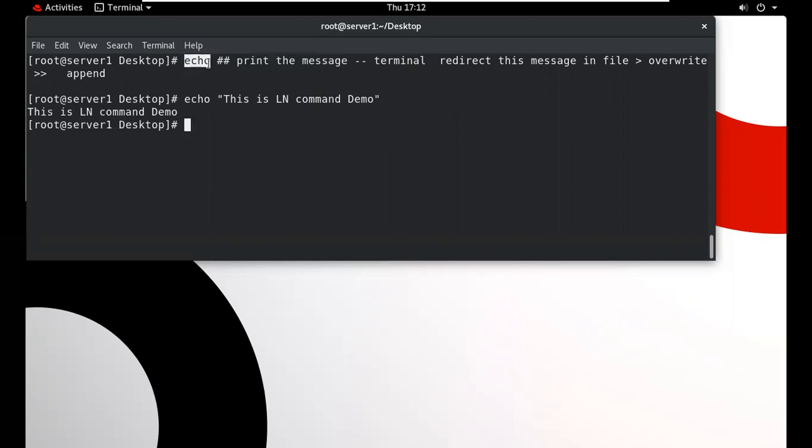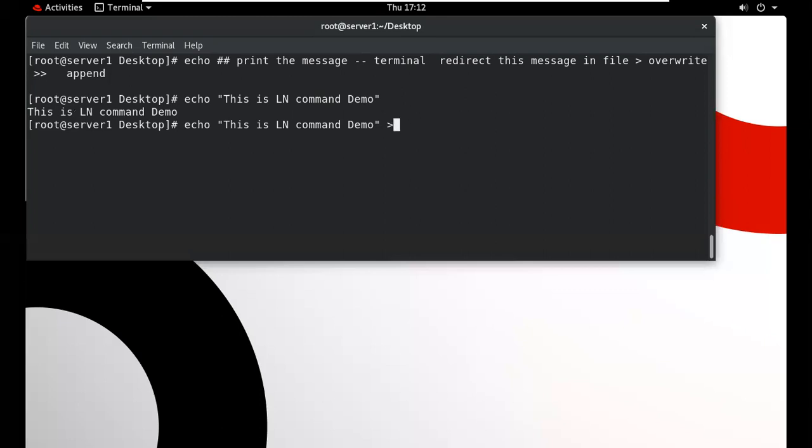Mostly it is used in scripting to print any types of messages. By default it prints the message in the terminal, and if we want to redirect the message from the terminal to any file, we can do that.